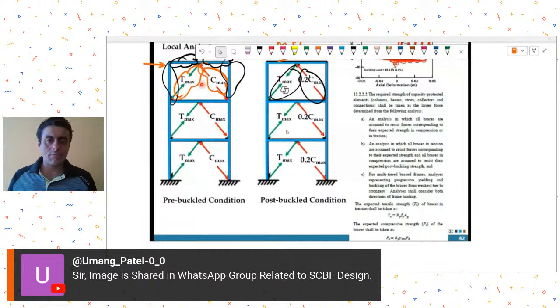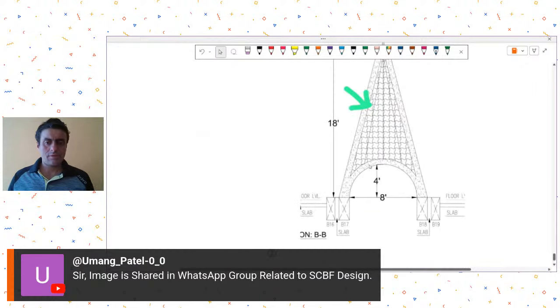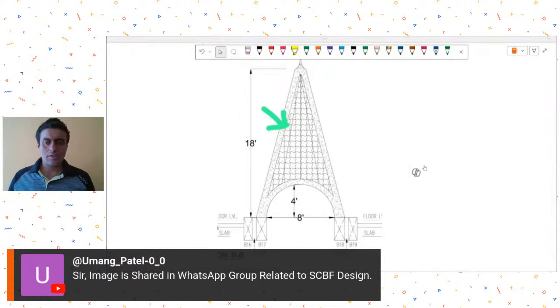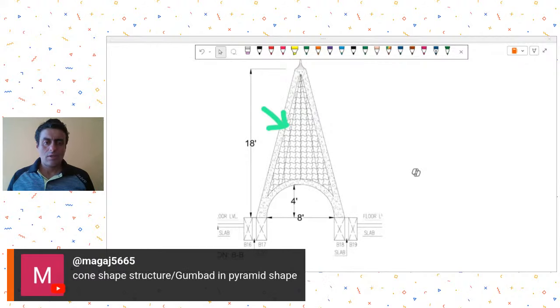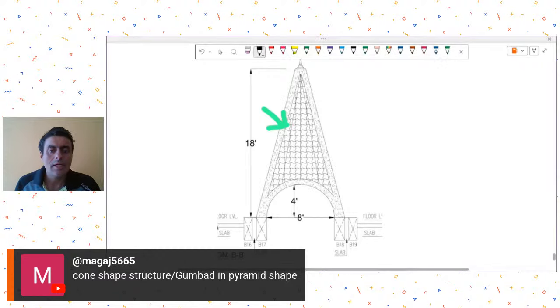Mr. Magaj has shared one image. So this is the image that he is having, and he is saying cone shape structure. So I don't know, maybe for this shape you may have to create some three-dimensional geometry and figure out how much of forces are getting transferred on these arches. Okay,